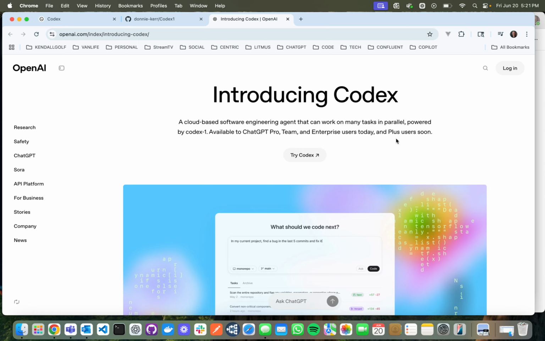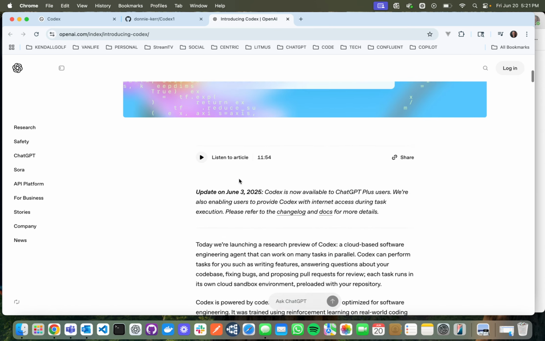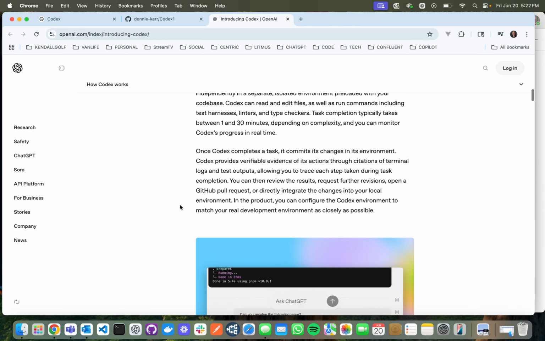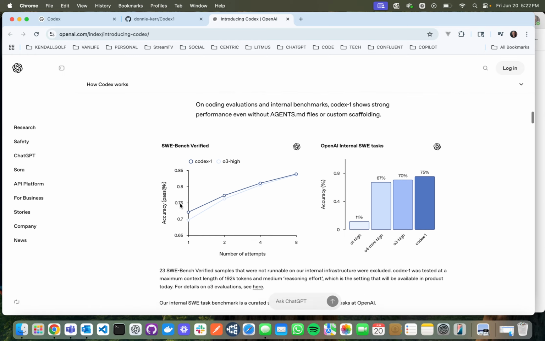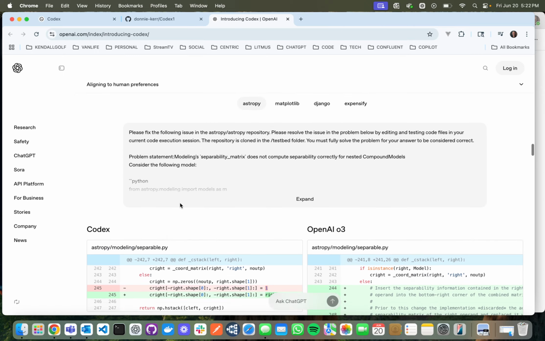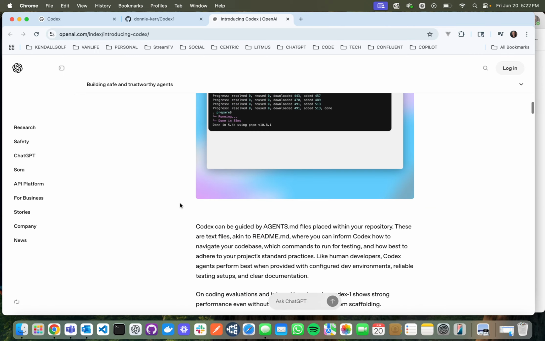I'm using it in my Plus account, but you can also get it on Enterprise and Teams. It has some nice videos in here about it, talking about how it works, some statistics on the performance of the model, these kind of things. But what I wanted to show you was,